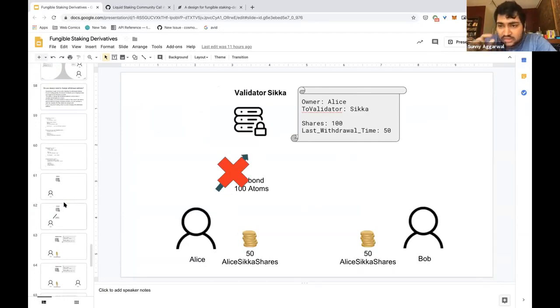I mean, it will be a little bit because of that instant redelegation, because you can buy Alice Sika shares and change them to Alice Chorus shares. They're close to fungible, but they might be slightly different because of slashing risks, which is what you want. You want these to not be fungible because you want the shares to be somewhat reflective of the slashing